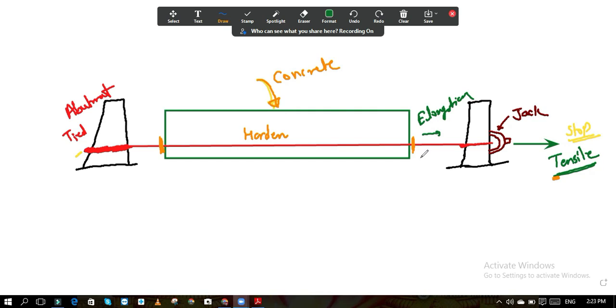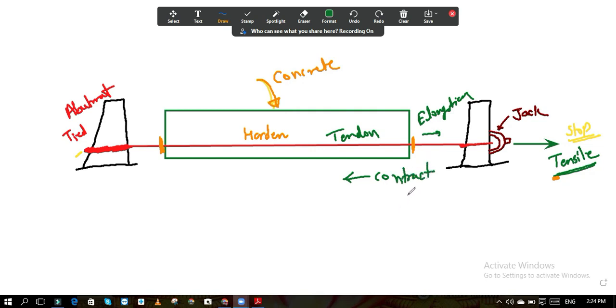The failure of the steel is also elastic failure, and we apply the tensile load within the elastic limit, up to the point where the stress is directly proportional to the strain. We take that into consideration while applying this tensile force. The elongation happened when we applied the tensile force. Now we have removed the tensile force and the jack assembly and cut it from here, so this steel, this tendon bar, will try to regain its original shape and size. While regaining it, it will contract.